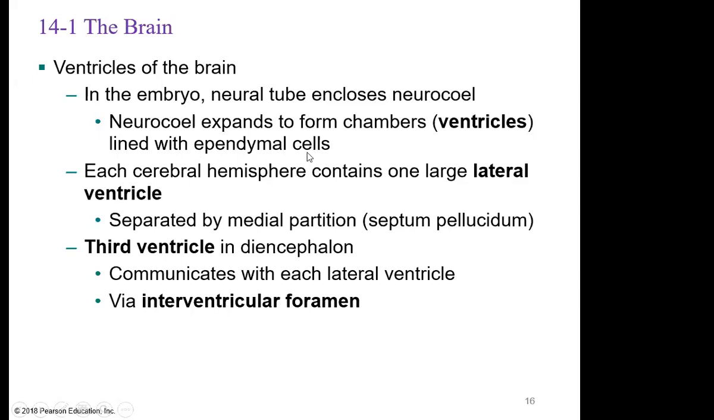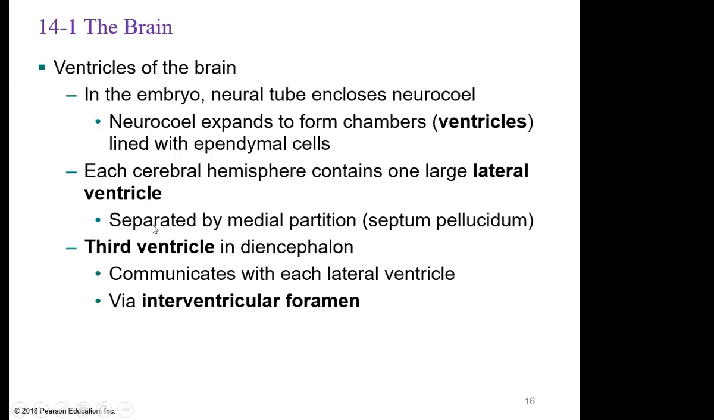So underline that, ependymal cells, because we briefly talked about this when we were going through the nervous tissue. We talked a lot about the neuron, but remember the neuron is the CEO, the neuroglia are the secretaries. So ependymal cells are one of our neuroglia. Each cerebral hemisphere will contain one large lateral ventricle. So basically we have two lateral ventricles, and they will be separated by this partition that we call the septum